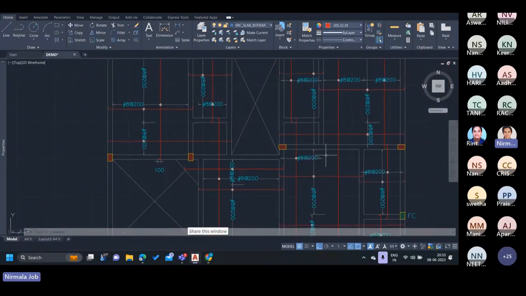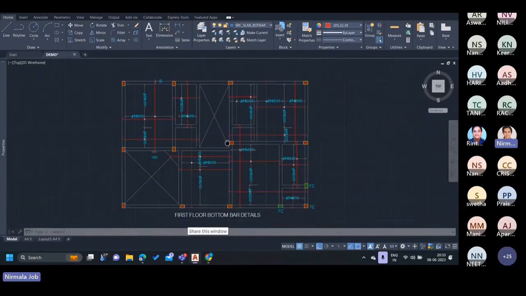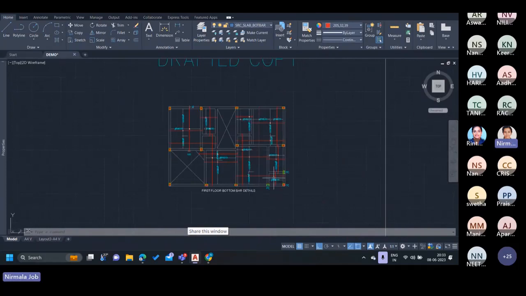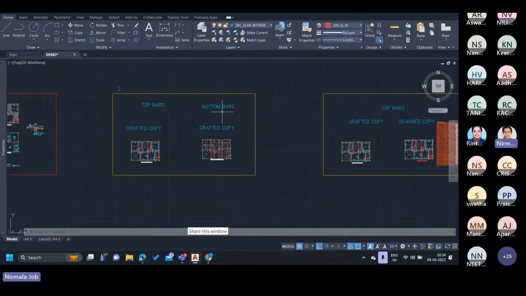And in the areas where there is no sunken slab, we can continue the rebars from one slab to the other, provided it is lesser than 12 meter. So after we complete both the top bars and bottom bars,